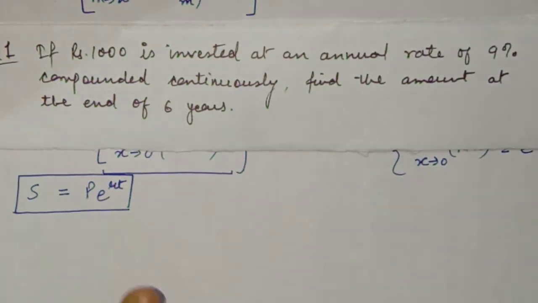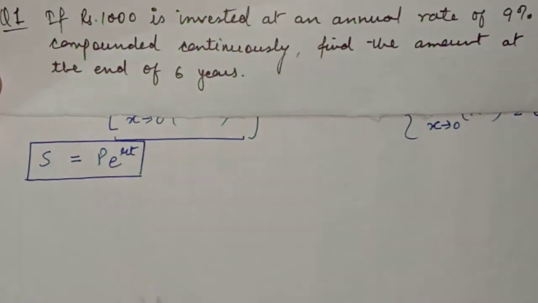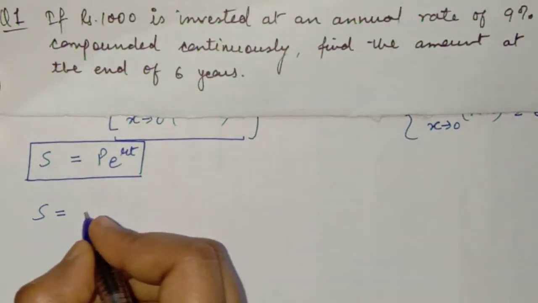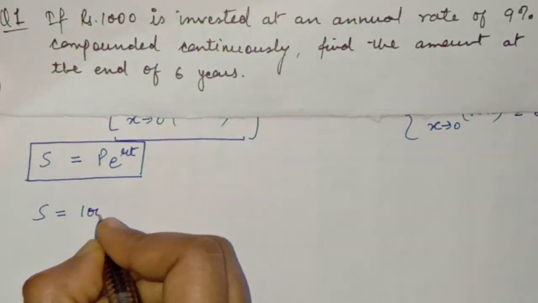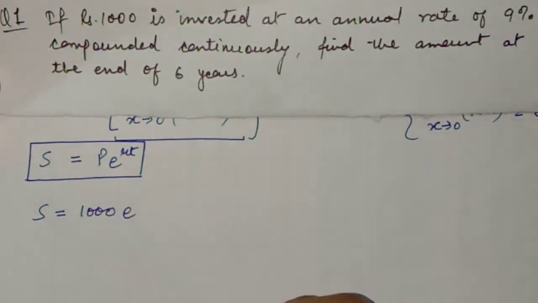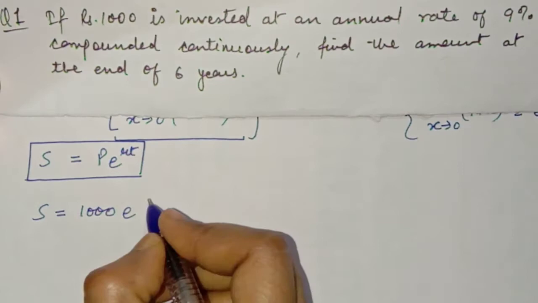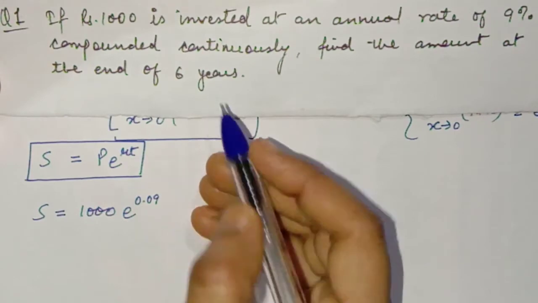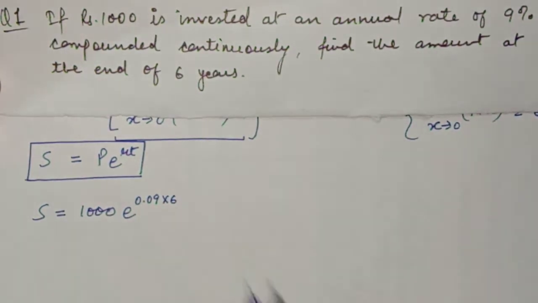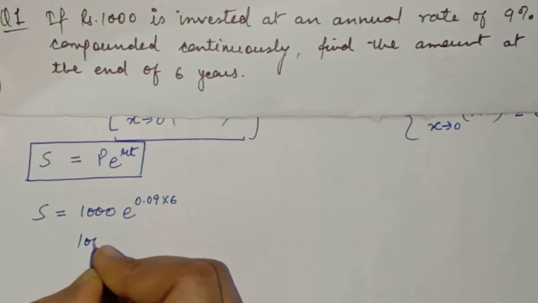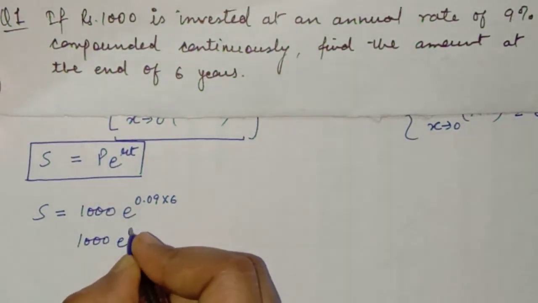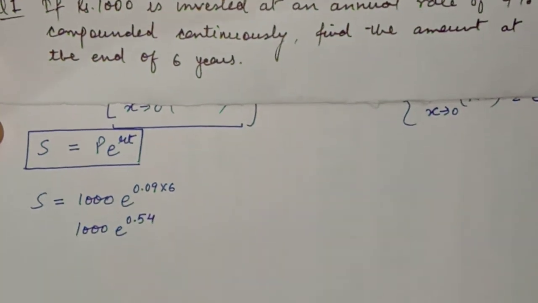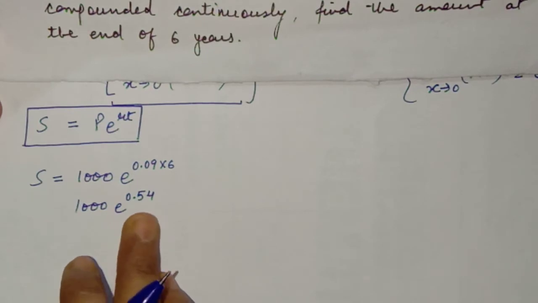So using the formula that we have derived, we have to find out S when my principal amount, or the present value, is rupees 1000, times e raised to the power 0.09, since r is 9%, and after 6 years we have to find out the value. So t is 6. So the power of e is equal to 0.54. Now how to get the value of e raised to the power 0.54?